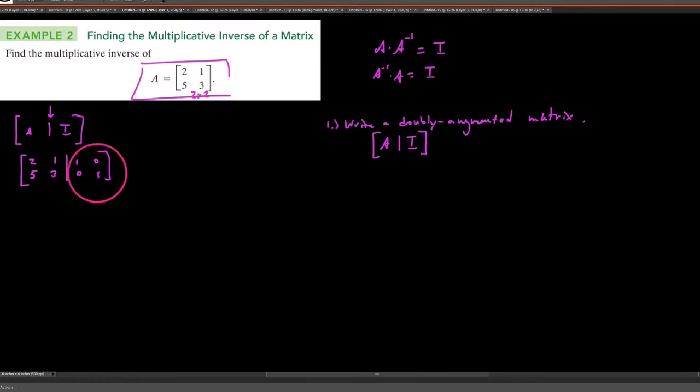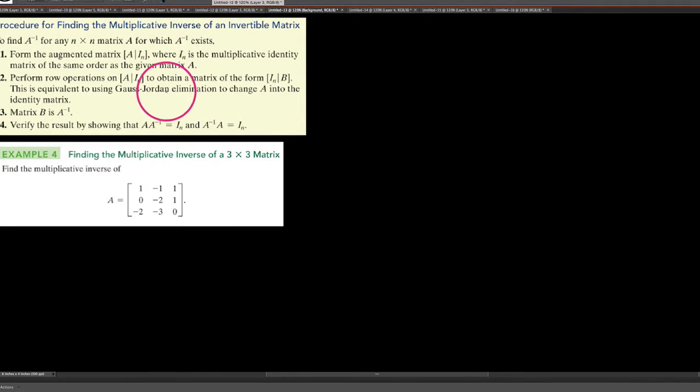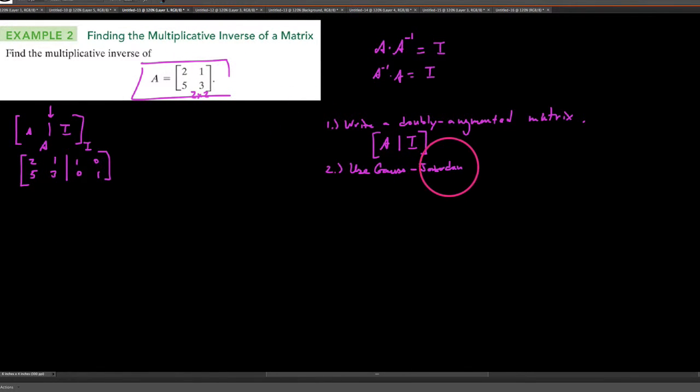So the way this works is that when we have it written this way, right now the left side represents our A and the right side represents our identity. But what we're going to do is use Gauss-Jordan elimination. Essentially, what that does is it transforms the left side of this to become the identity matrix. So use Gauss-Jordan elimination to transform